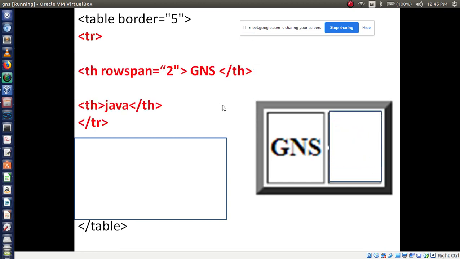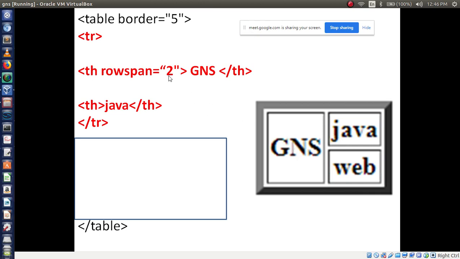So here tr is the first row. th means table heading, displayed in bold style. For that I am using th, or you can use td, no problem. Then rowspan. How many rows are here? Two rows, and they should be merged.